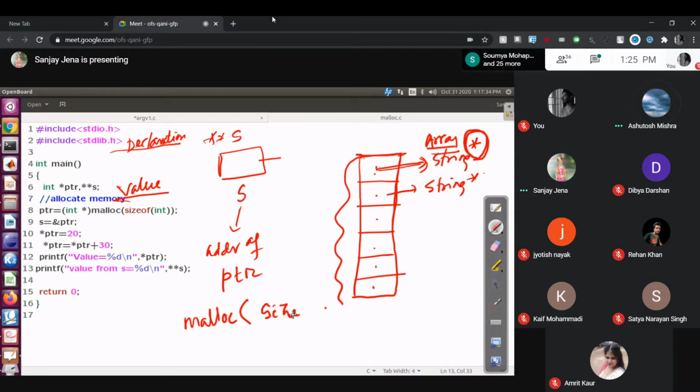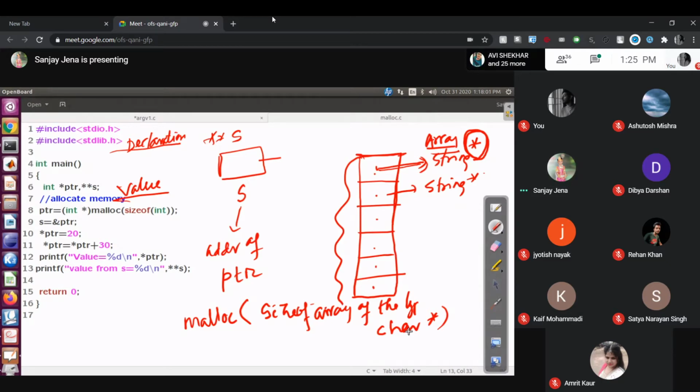Size of array of the type char star. Is it correct?